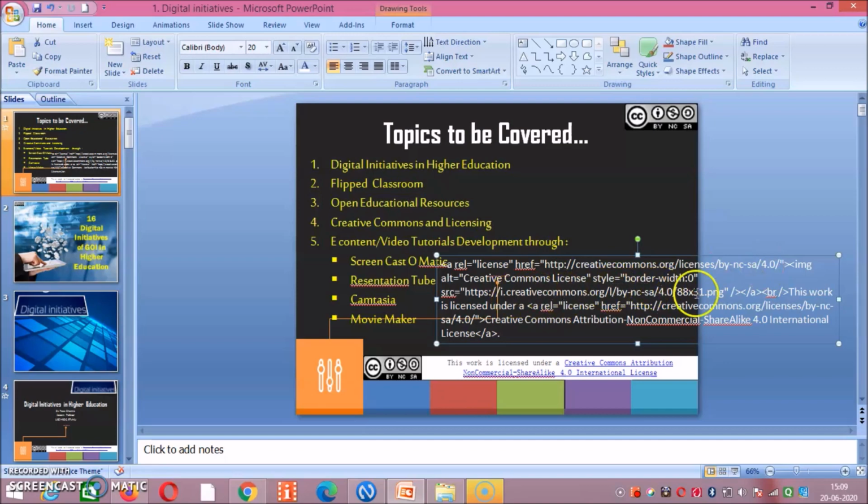Then we can see it is non-commercial type, share alike, 4.0 international license. You can place this box as it is at the bottom of your first slide, or you can minimize it or delete some unwanted HTML lines.